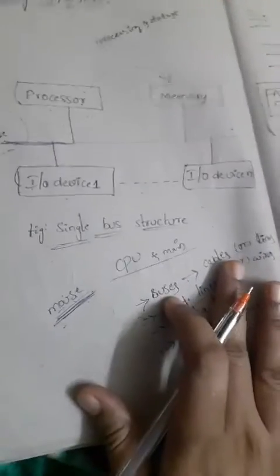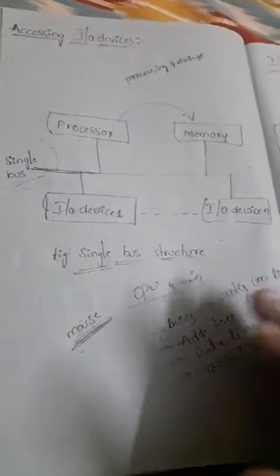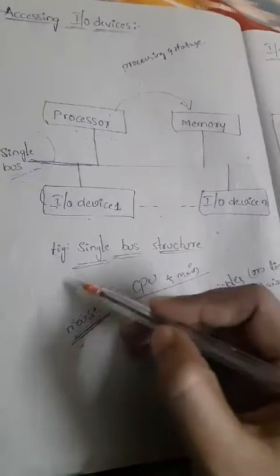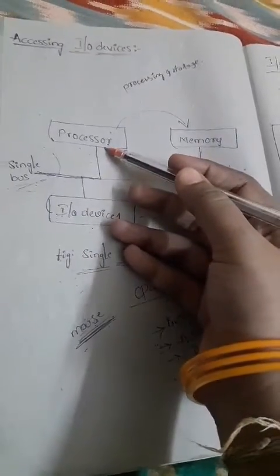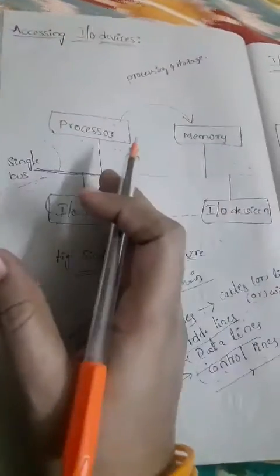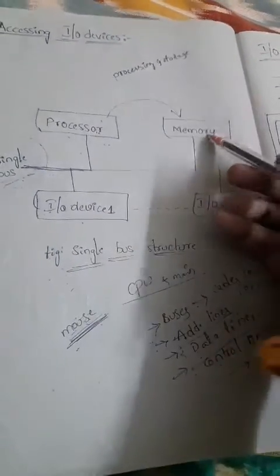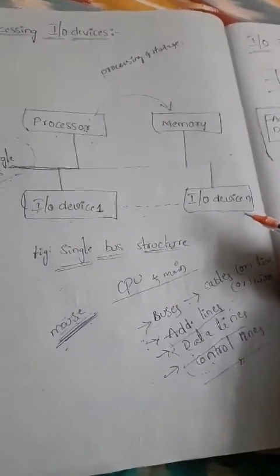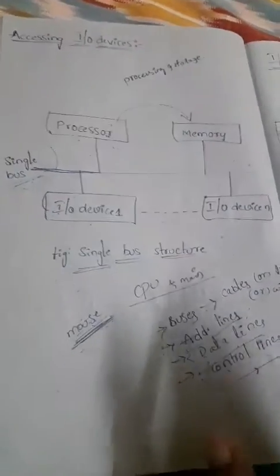Okay, this is a single bus architecture. First, the input device sends the information to the processor with the help of the bus. After that, the processor gives the request to the memory: which file we need to access, which file we need to get. That request is sent by the processor, then the main memory selects that file. After that, it is given to the output device. That is the process behind single bus architecture.